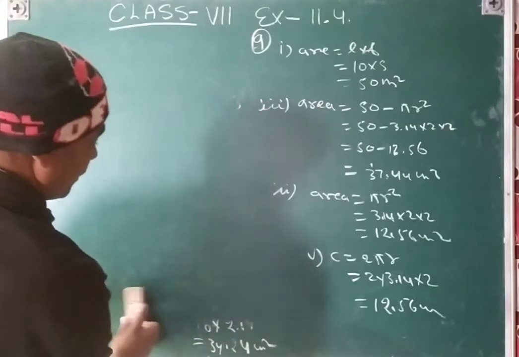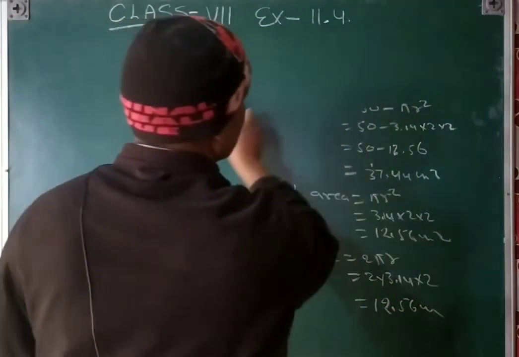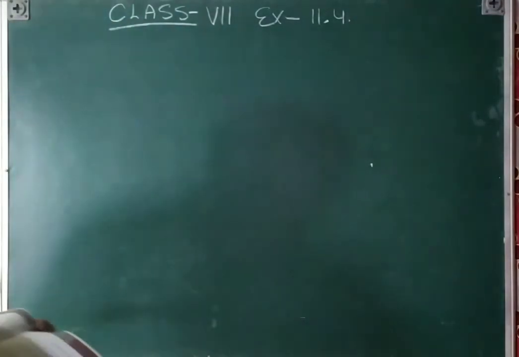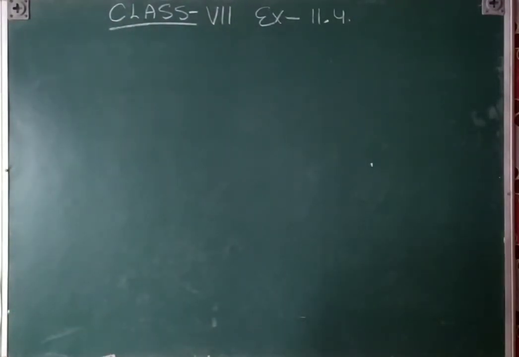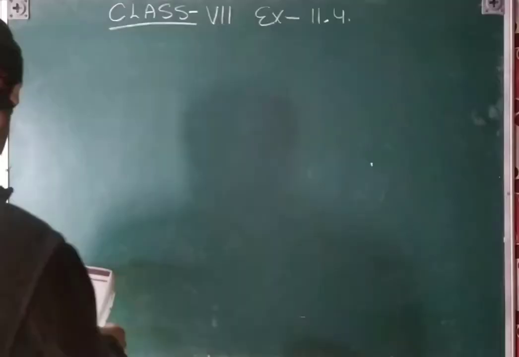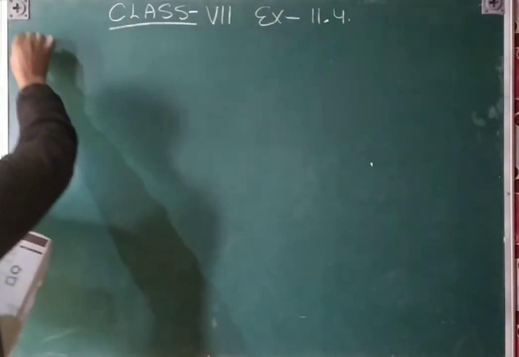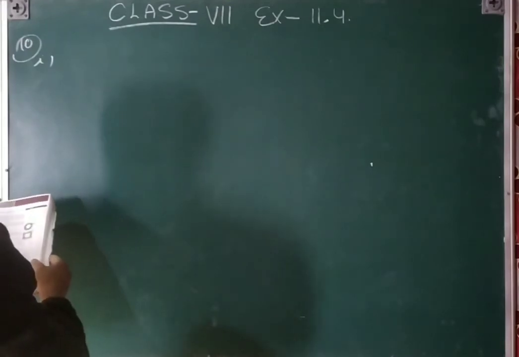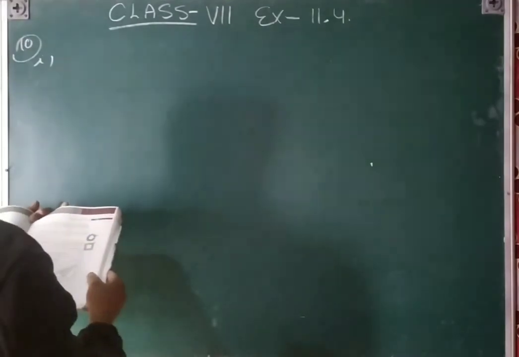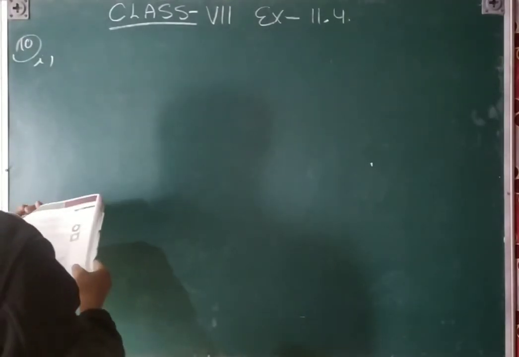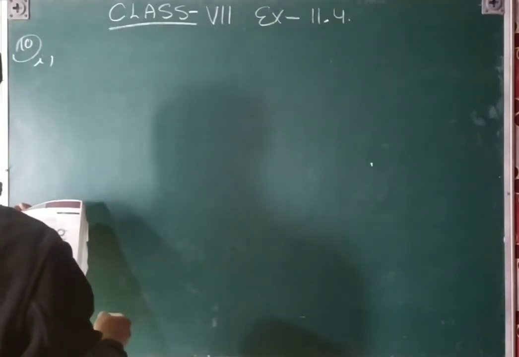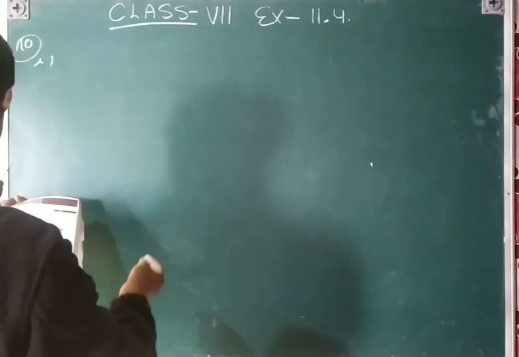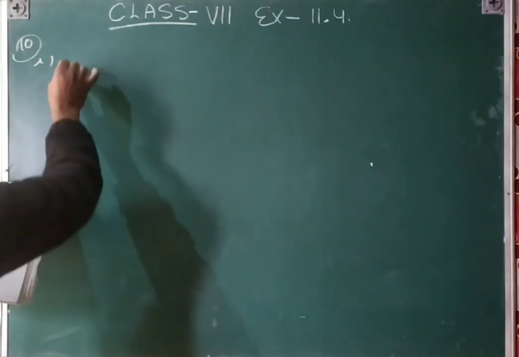Only 2 questions are left here. So question number 10, first part is that in the following figure find the area of the shaded portion. So area of shaded portion means